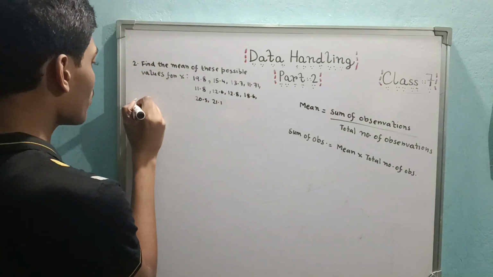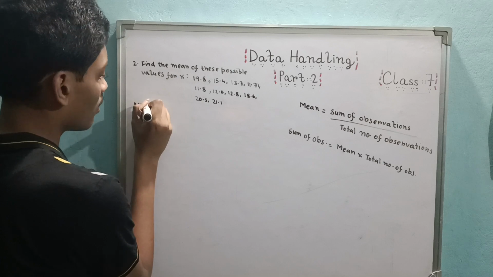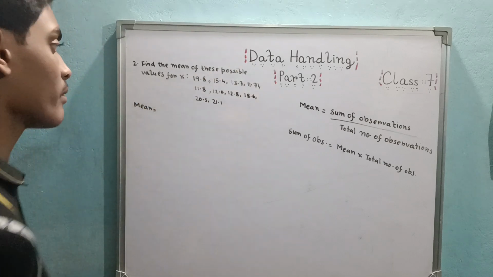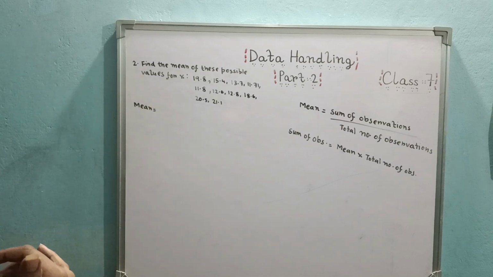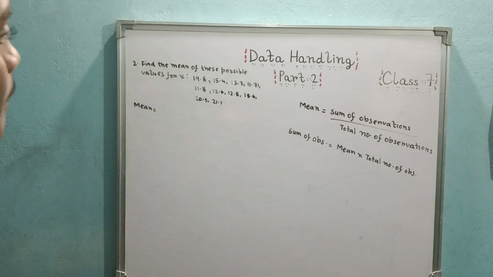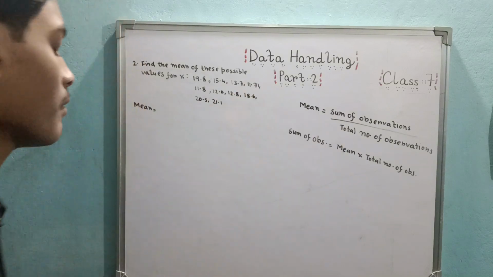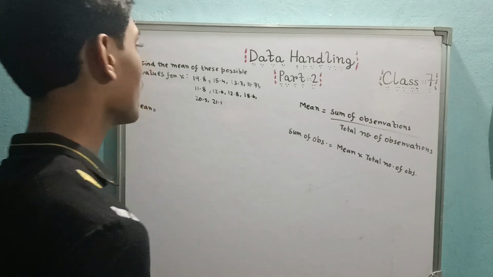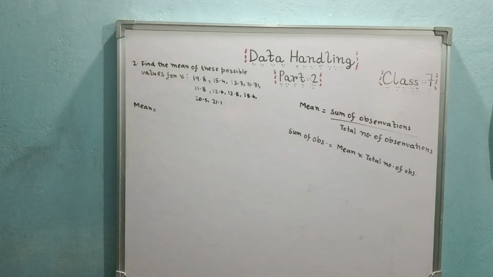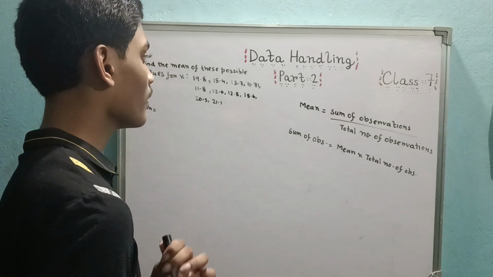Simple. So the mean is equal to the sum of all the observations, which I will now calculate. 19.8 plus 15.4 is equal to 35.2. 35.2 plus 13.7 is equal to 48.9. 48.9 plus 11.71, my brain is freezing. 59.9, you have 60.61. Alright. 60.61 plus 11.8, 72.41 plus 12.6,